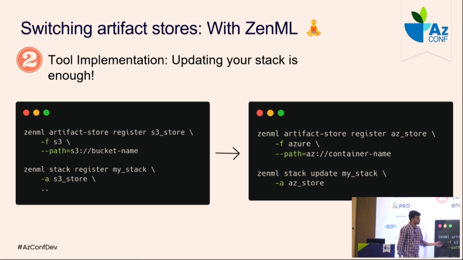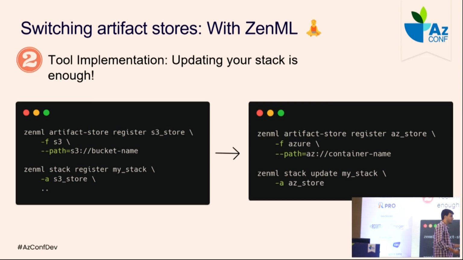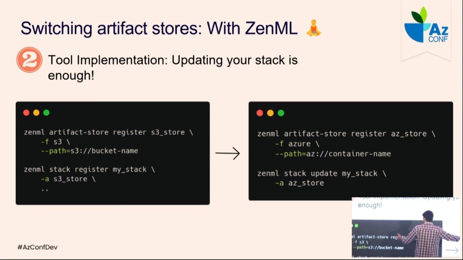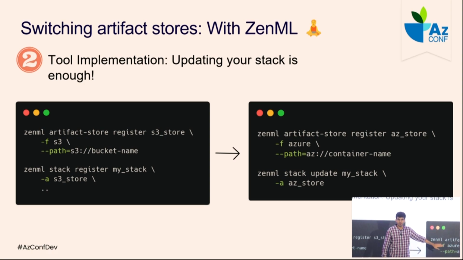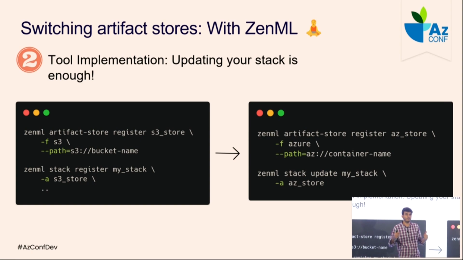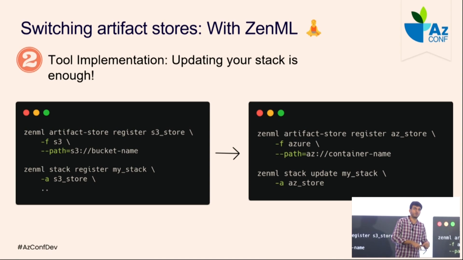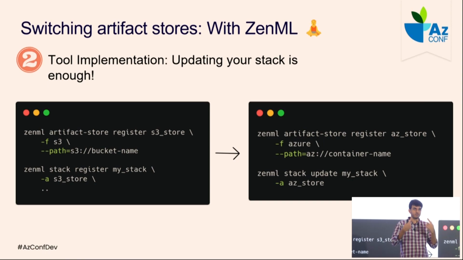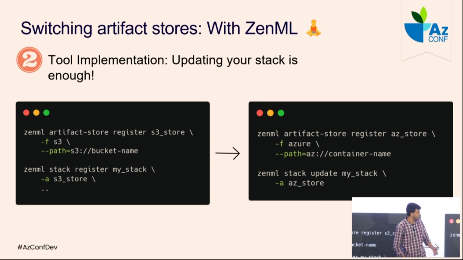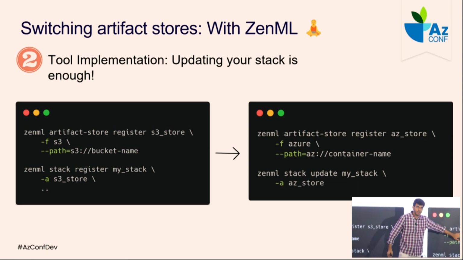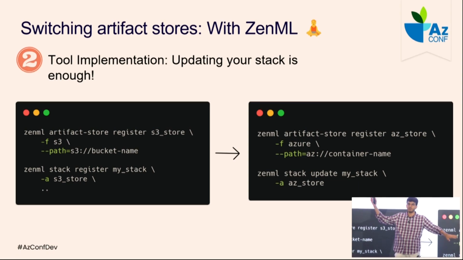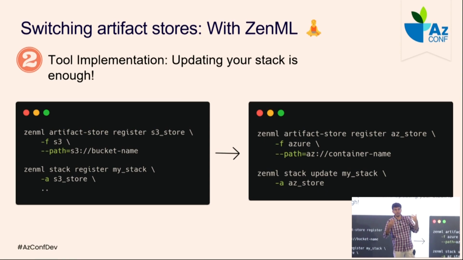Now in the future, when you move to Azure, you just define a new component. You can see the artifact store part is common. So I'm defining a new artifact store, but the flavor has changed. From S3, it's now Azure. Now these flavors are built into ZenML. This is the integrations I'm talking about. So if you're developing a new integration, for example, in the future you want to move to Alibaba Cloud, and if there's no integration for it, you develop an integration for that and you release it open source. So somebody else can also now use the Alibaba store. The flavor will now be Alibaba. So people develop integrations for ZenML and then you can keep using them.